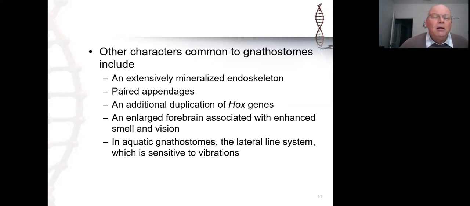Then in all aquatic jawed vertebrates or gnathostomes, there is a unique organ called the lateral line that is sensitive to vibrations in the water. So sharks and rays have it, fish have it, even the tadpoles of amphibians have it. The juvenile forms of amphibians have this lateral line. Again, an organ that is unique to aquatic jawed vertebrates, even in their larval stage, that allows them to sense